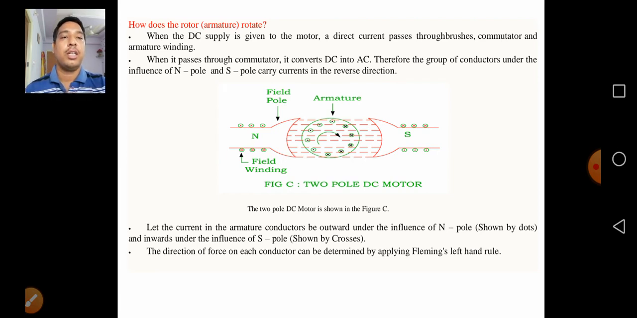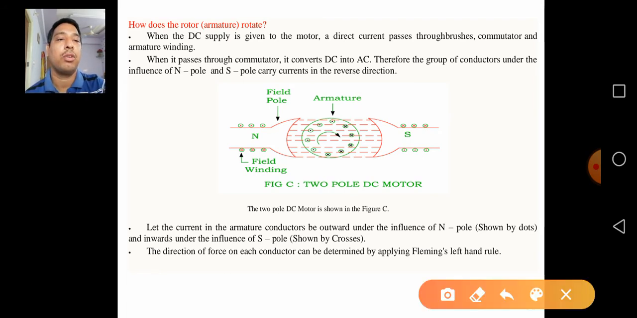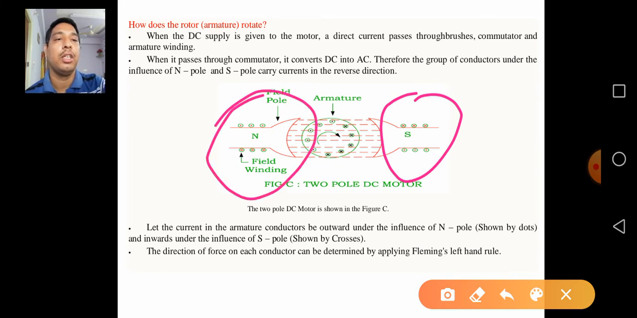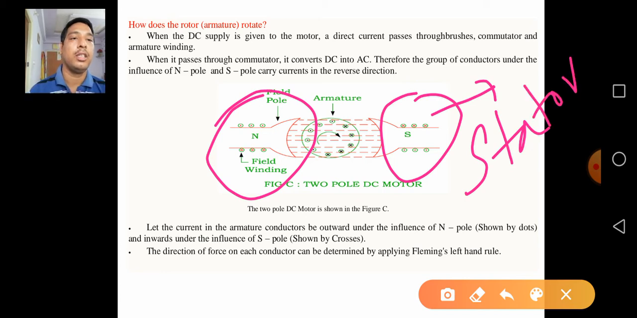So here there are two important parts, as in the case of generator and motor. This is the north and south poles which are shown here. These are representing the stator parts. So these are the stator, that is nothing but there is no moving,